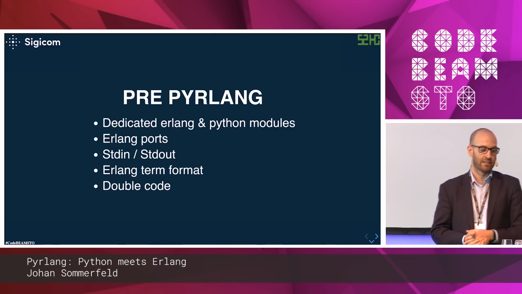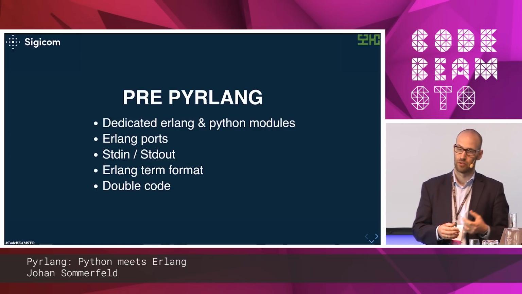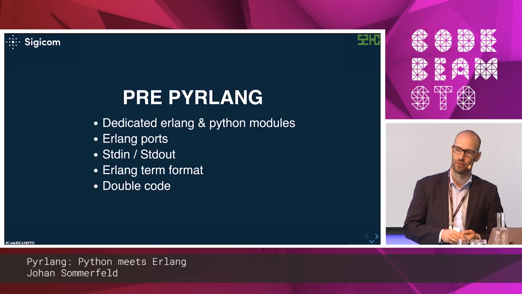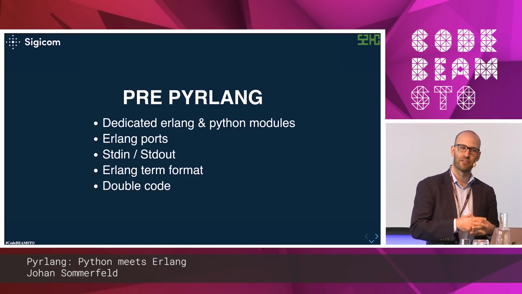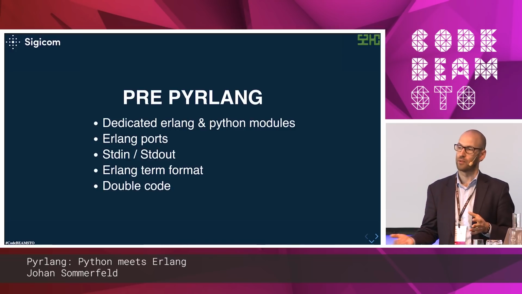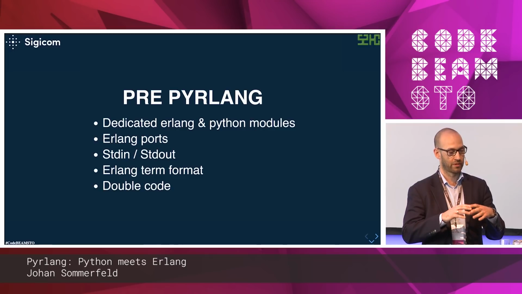So what we did then is we looked at examples that exist. The previous talk was about this C node thing. I mean, there are several examples of how you can interact with another program from Erlang, and that's what we did. So we wrote a wrapper